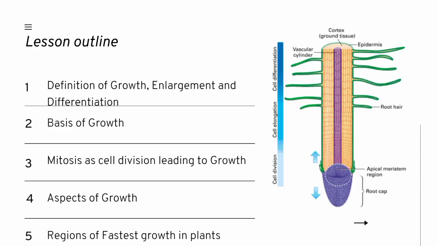Let's look at the outline of this lesson. We will look at the definition of growth in unicellular and multicellular organisms, the basis of growth, that is cell division, cell enlargement, and cell differentiation. Then we will look at aspects of growth: increase in dry weight, irreversible increase in size and length, and increase in numbers of cells. Later we'll look at the region of the fastest growth in plants called meristem,